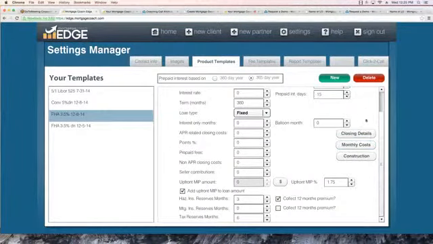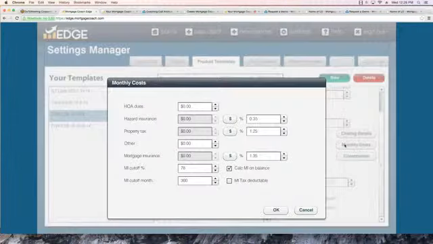And then moving down, the next items I like to use in my template are the monthly costs, because this way I don't have to do any